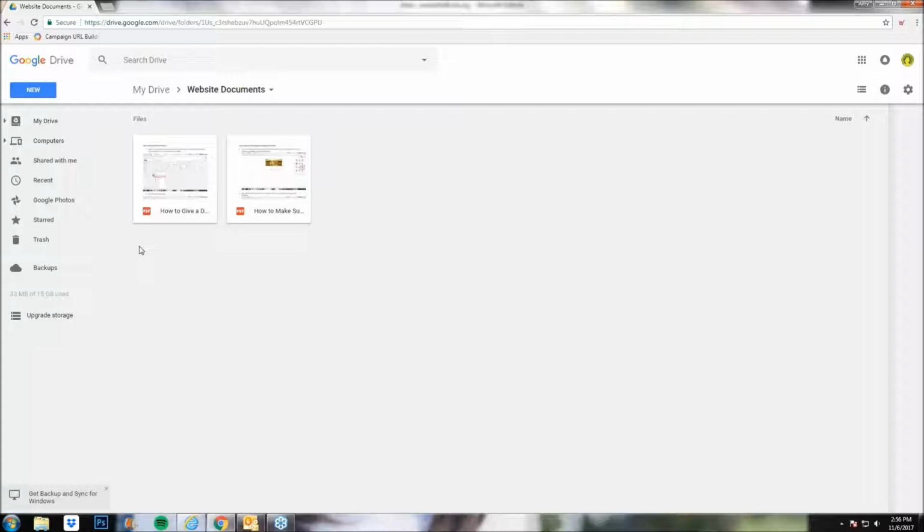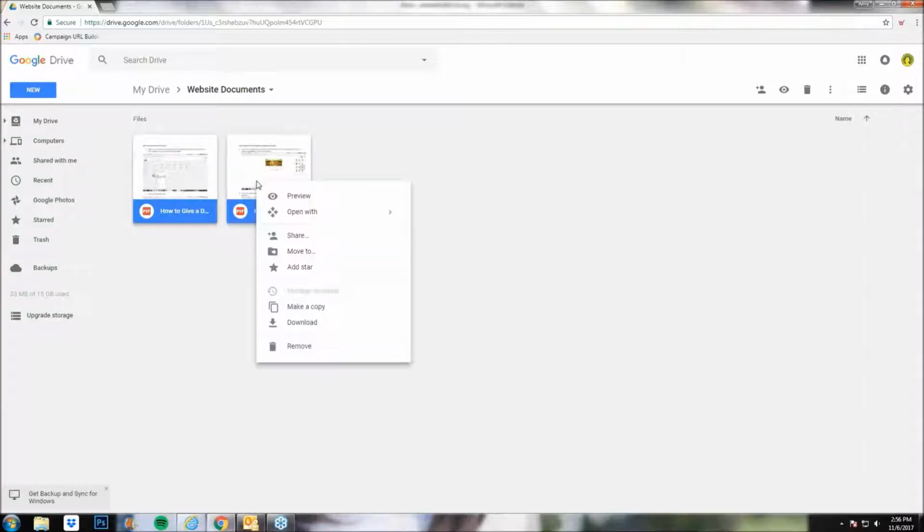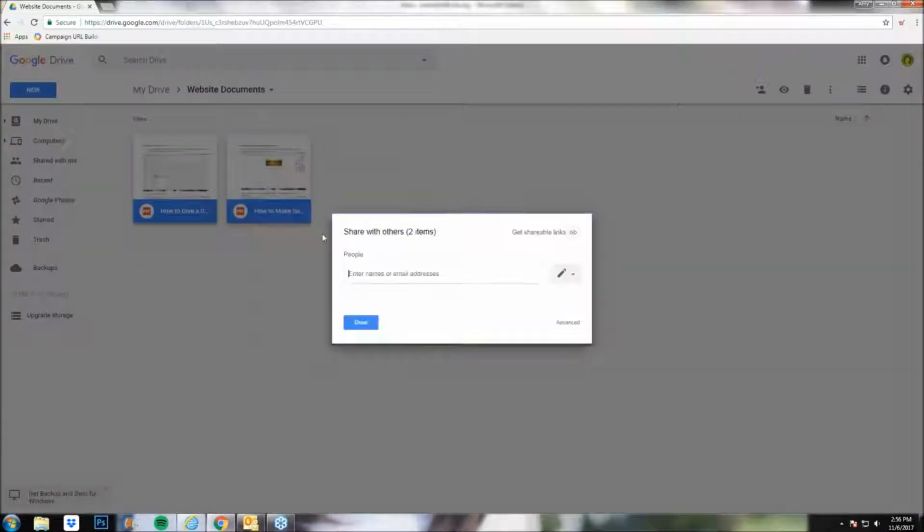One thing, though, while we're on the website documents, there's one thing you do need to know. Google automatically will set this to where no one can see it but you. They actually want your documents to be private until you tell it not to be private. What you can do is you can actually select all of your documents. You don't have to do them one at a time. You're going to right-click on the document, and you're going to go to this little button that's titled Share. You're going to click on Share, and you're going to go to the Advanced section down here in